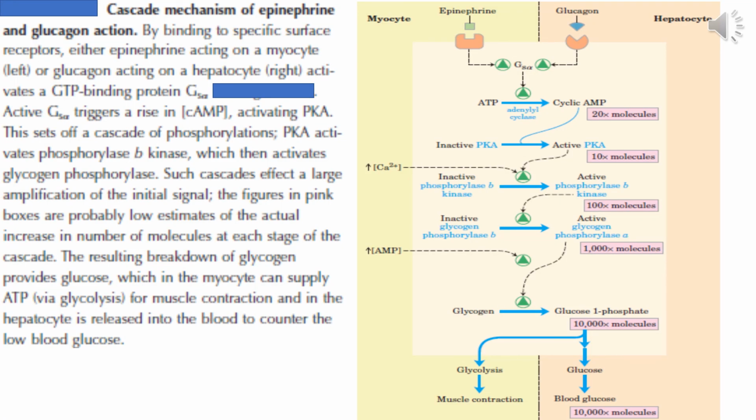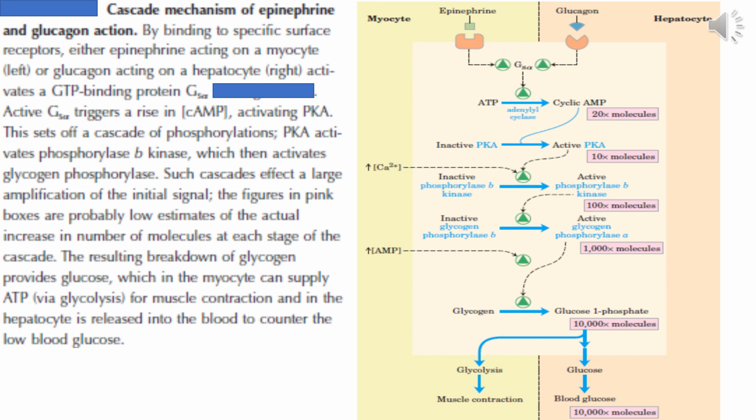Here you can see the magnitude of increase of the activity of glycogen metabolism due to the action of the hormones. From the slide, it's very clear. One molecule of cyclic AMP can activate around 10 protein kinase A molecules. Before that, you have seen one adenylate cyclase can lead to the production of around 20 cyclic AMP molecules. So you multiply 10 times 20. That many protein kinase A molecules are activated by the binding of one hormone molecule to one receptor molecule.